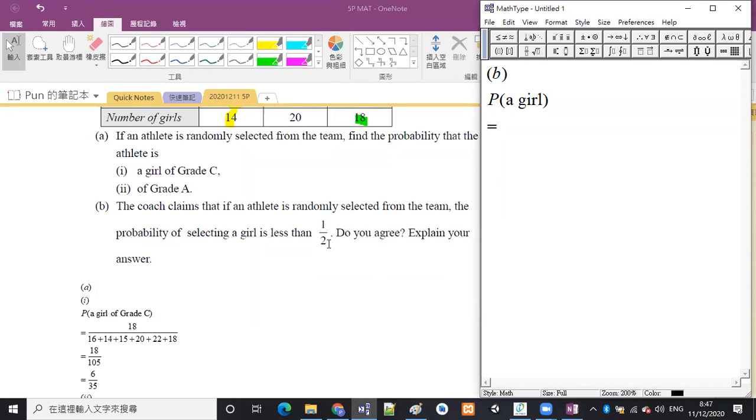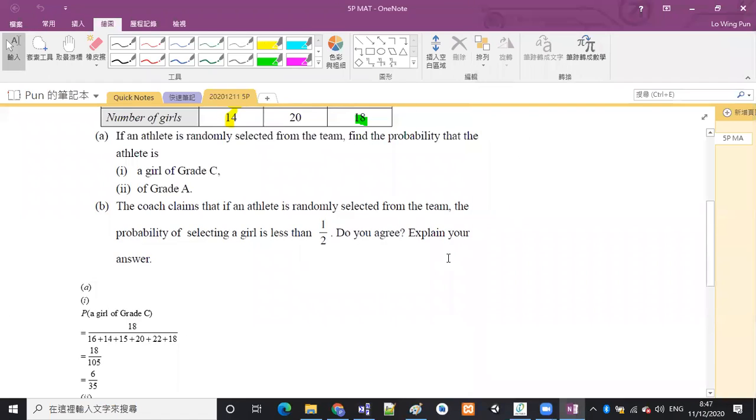Then we just need to calculate the probability of selecting a girl ourselves to see whether it is larger than 1/2, equal to 1/2, or really less than 1/2. If it is less than 1/2, then you say yes. If it is not less than 1/2, then you say no. Okay? So probability of selecting a girl, and again, is 105 in the denominator. And then how many girls are there among the 105 students? That will be,